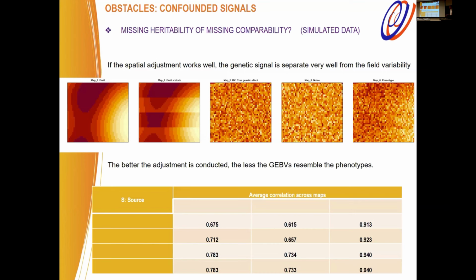So the first column represents the correlation between the phenotype, or whatever we are using to estimate the breeding value, versus the actual breeding value. In the first column, we have the model that includes only block effects, and you can see when we have more complexity, we start improving the predictability.